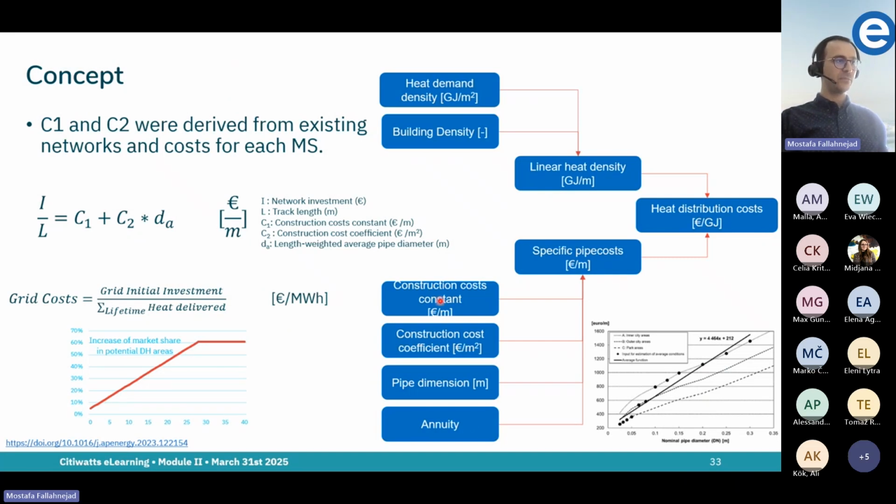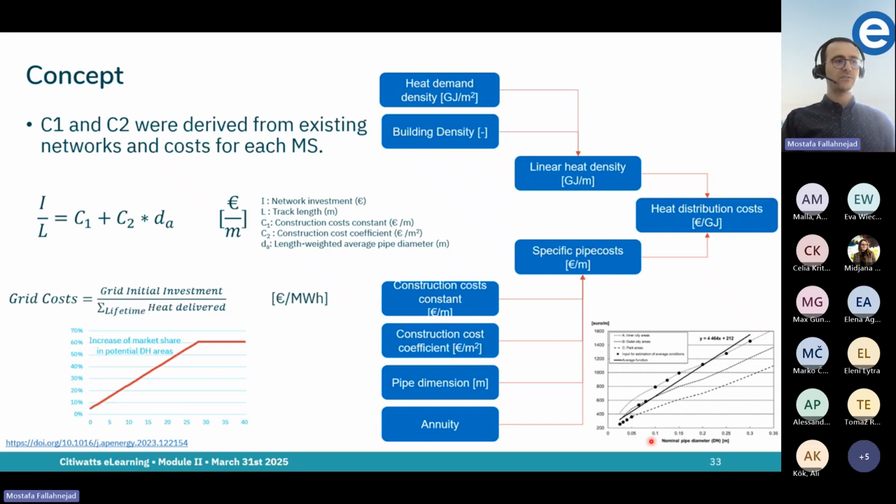And from these parameters, I can get the specific pipe costs in euro per meter. Combining these two, or dividing the first one by the second one, I get the heat distribution cost, euro per gigajoule or euro per megawatt hour. So all I do is that, based on some interpolation analysis, I look into heat densities and also gross floor area density